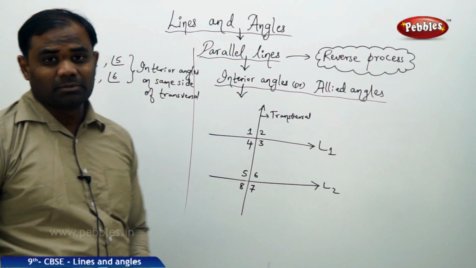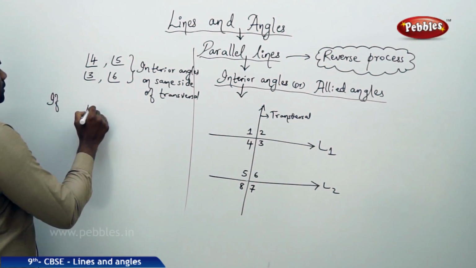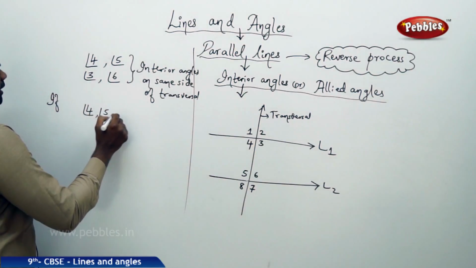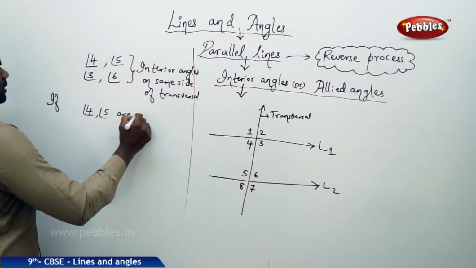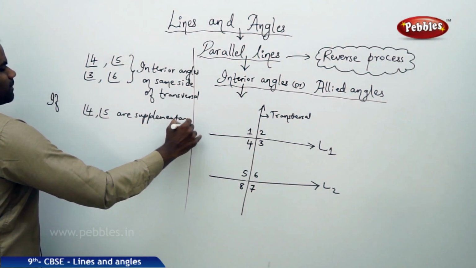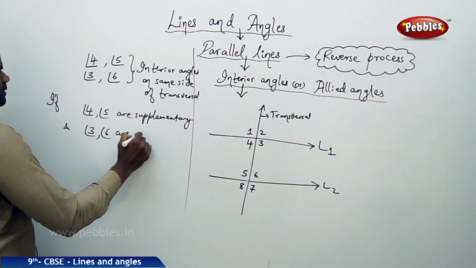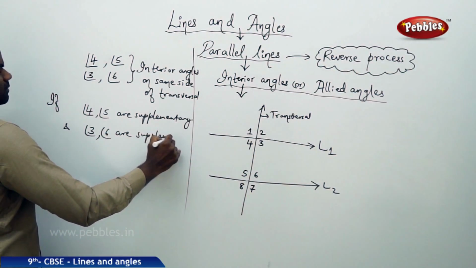So let's see with the property that if angle 4 and angle 5 are supplementary and angle 3 and angle 6 are supplementary,